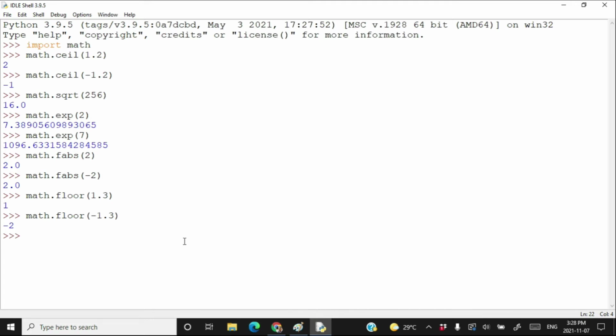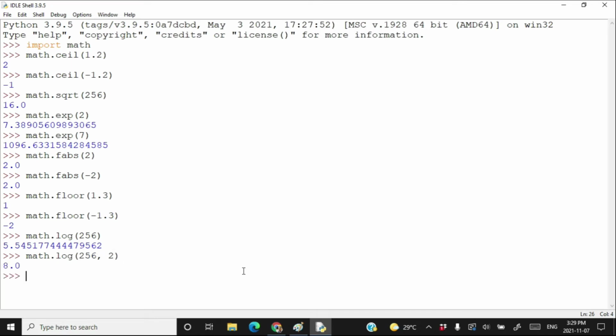There is a method called log, math.log. If I write here any value, it gives me the result of the natural logarithm of that value. But I can provide here a base of my choice. If I write here 256, 2, then I want to calculate the logarithm of 256 on the base of 2.